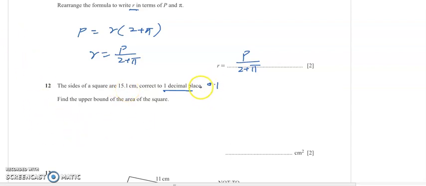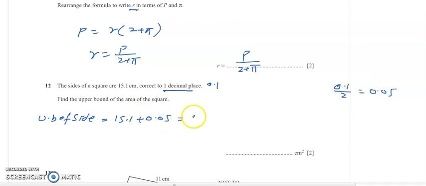So how will we find the upper bound? Half the degree of accuracy and add that to the side of the square. So the upper bound of the side will be 15.1 plus half the degree of accuracy. This is 0.1, so if we halve 0.1, we get 0.05. So adding 0.05, we get 15.15